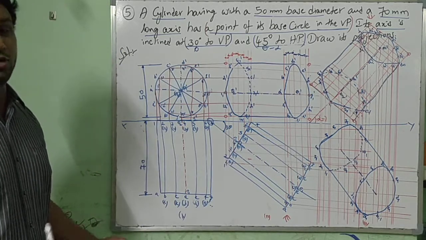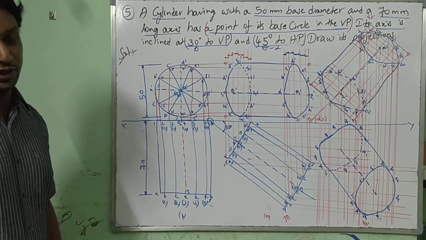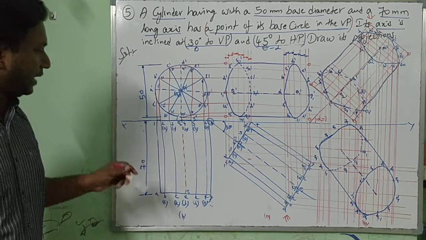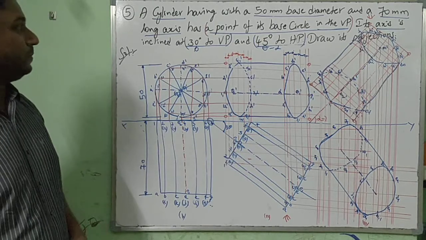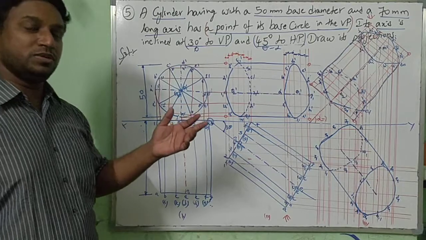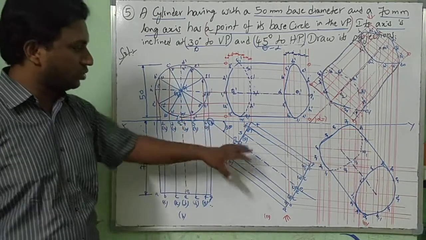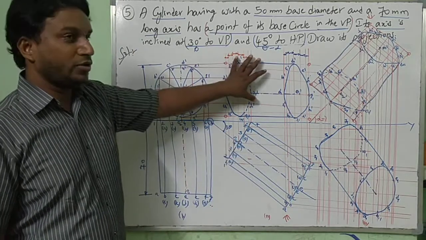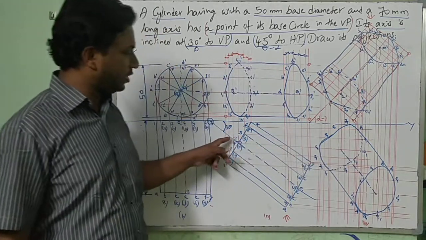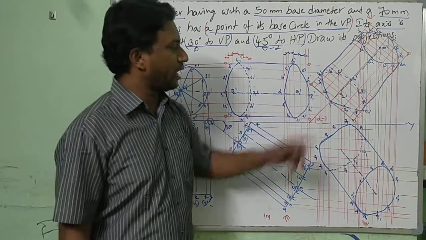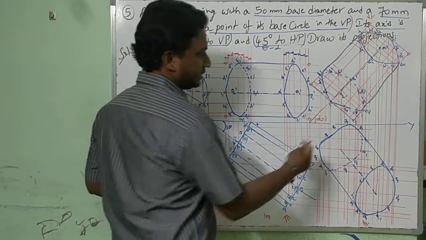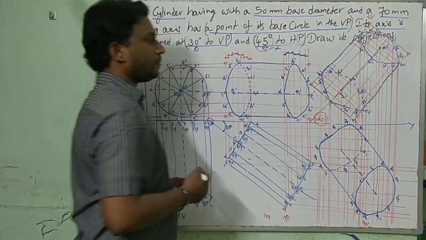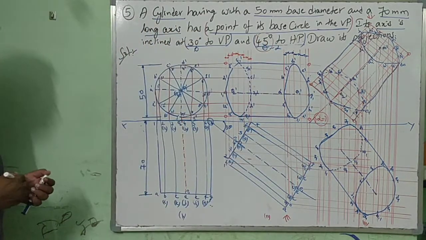For my explanation it may take around 30 to 40 minutes, but when you keep drawing, you should focus on lines and projections. Simple. Previously, the problems we discussed were based on HP, so the angle was here, but here it is something different. Inclined to HP, we rotated, but inclined to VP we have drawn first, and we have determined alpha. Right, boys, don't forget this. This is alpha, not 45 degrees, and that you know how to draw.